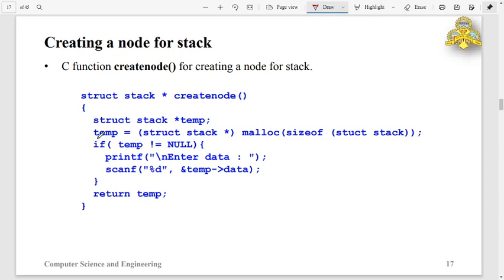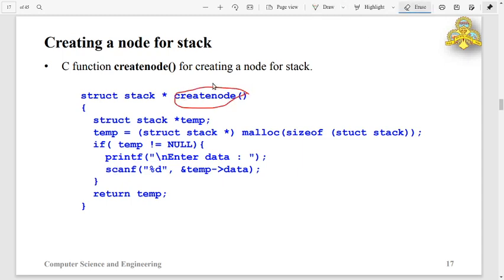So the next step here is, if temp is not equal to null, that is, memory is allocated, then instead of going for printf and scanf, we can pass a value as an argument to the create node function and directly assign it here. So temp data equals the value passed to create node as an argument.